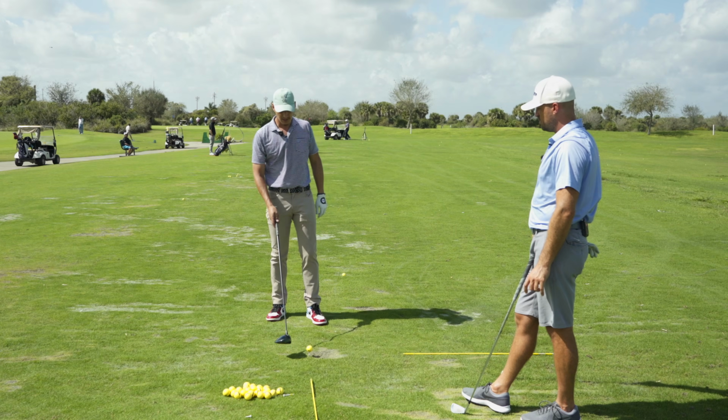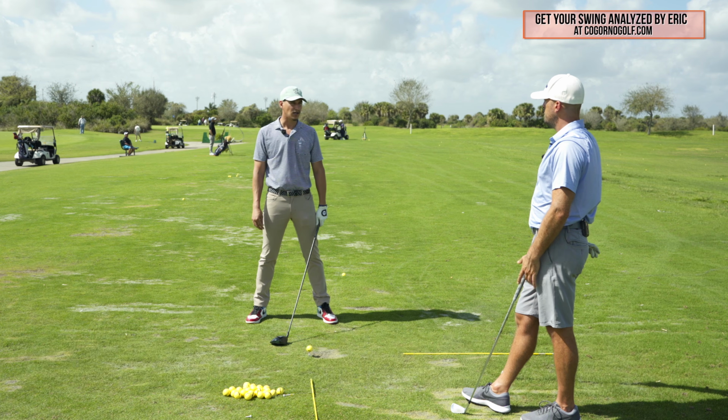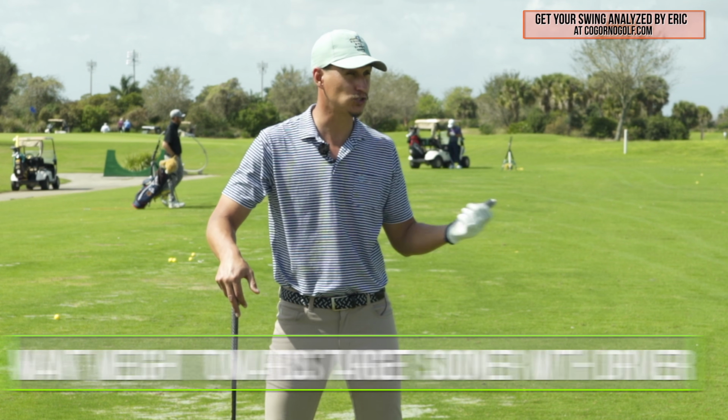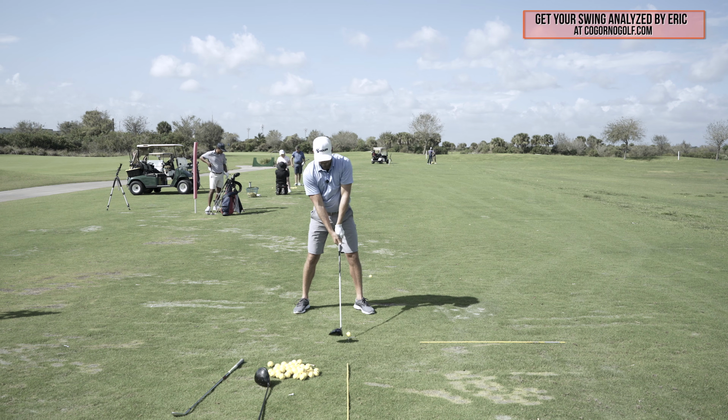With the driver, we can feel a much bigger weight shift off of the ball sooner. And the reason is because we want to get the weight shift towards the target sooner. Because again, we want to be backing up. So the golf swing is a short amount of time. We kind of got to do the backswing weight shift early on to allow us to then get back on